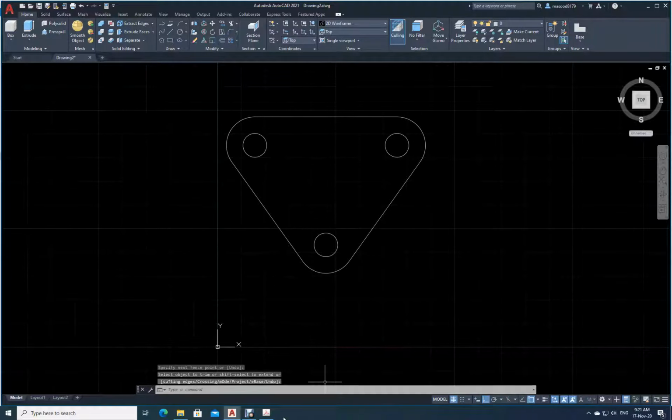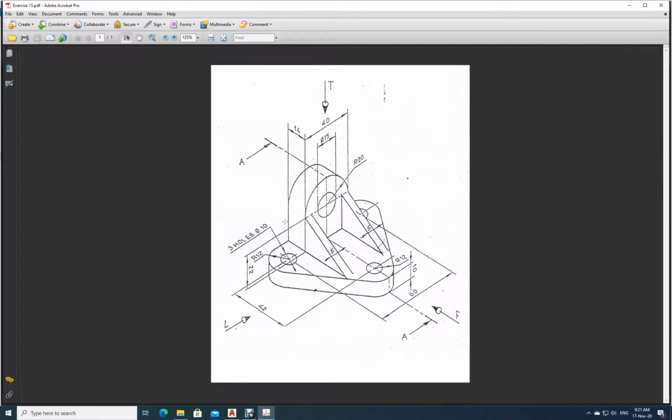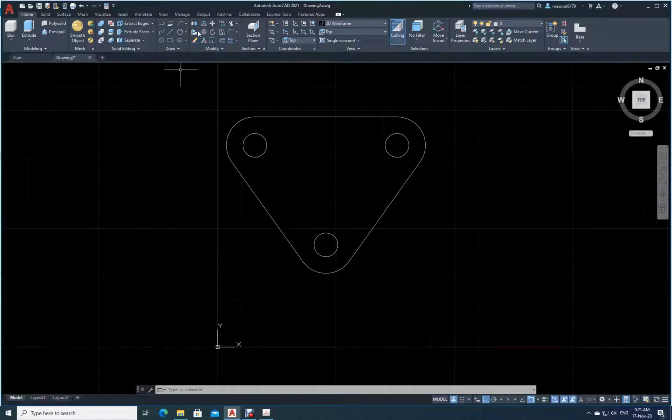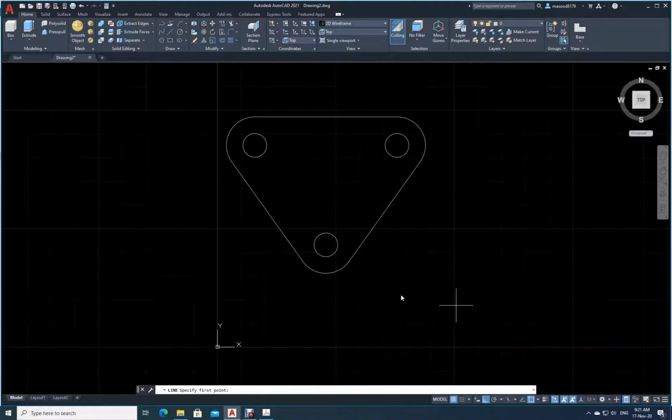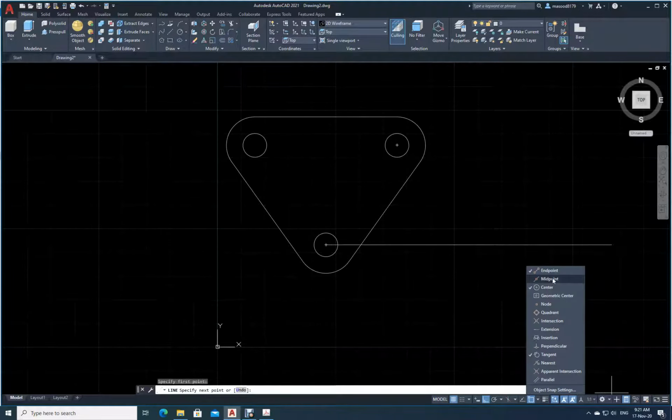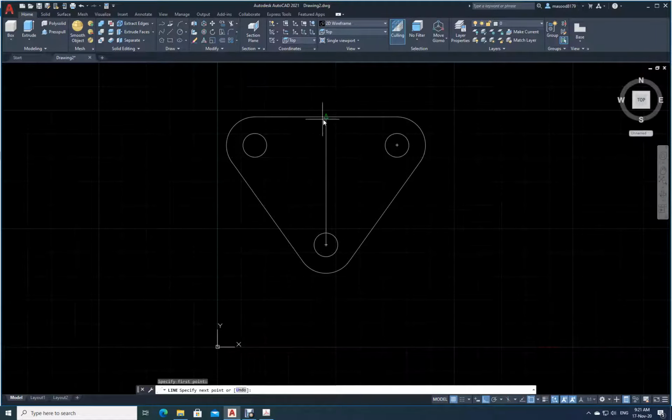Now on this one I will construct the other part. So what is the width of this? This is 40 here and this is 14 here. Okay. So what I will do is I will construct that one. I will draw a line from the center. I will go to OSnap and then I will select the center of the circle. From here I will draw up to the midpoint. Okay. I will just go and select the midpoint also. I will remove the end point. I have drawn a line here.